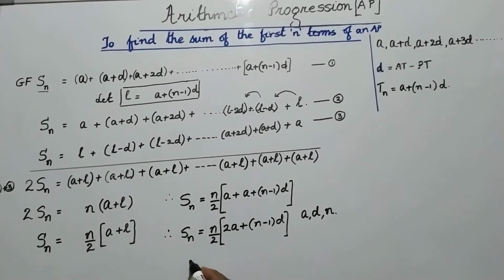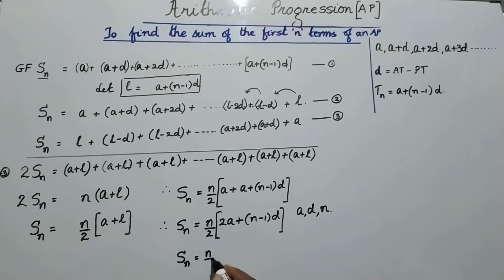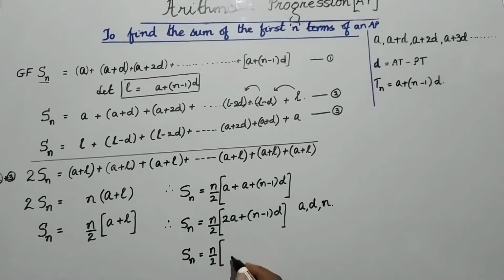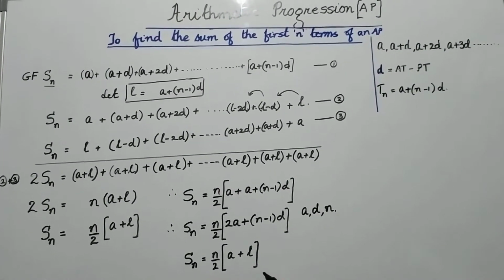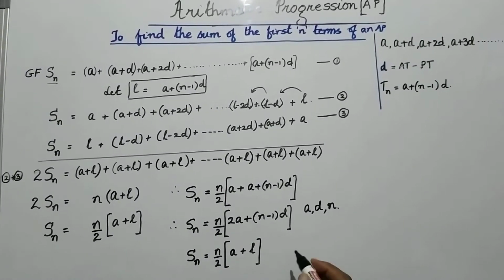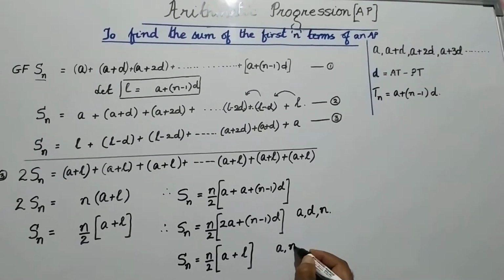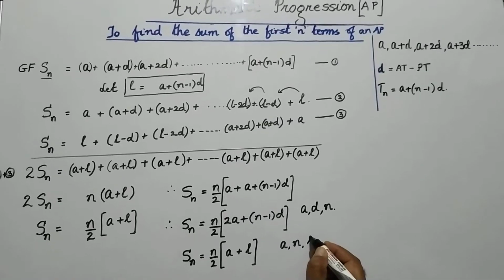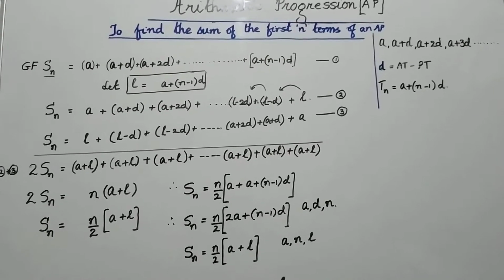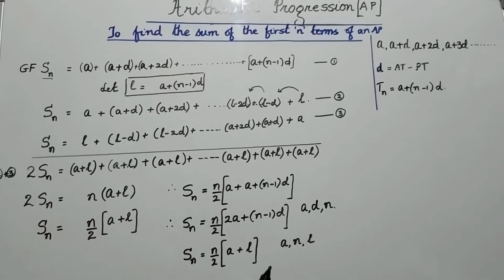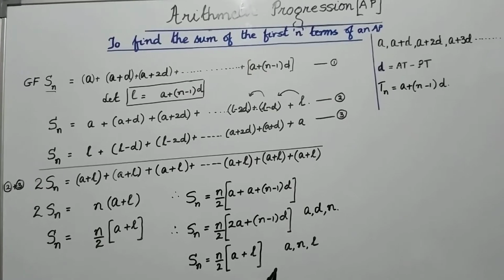In the previous step we had a stage where Sn is equal to n by 2 into A plus L. This also is the formula to find the sum of the first n terms, but this formula is used when the first term is given, the number of terms is given, and the last term or the nth term is given. Therefore, dear students, if we have to just recap what we did today,